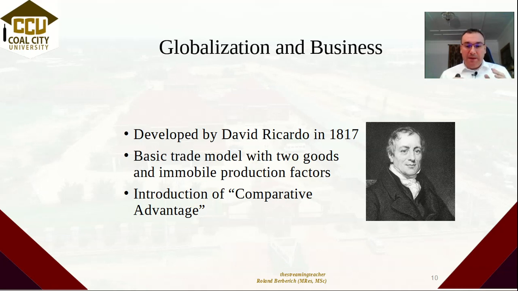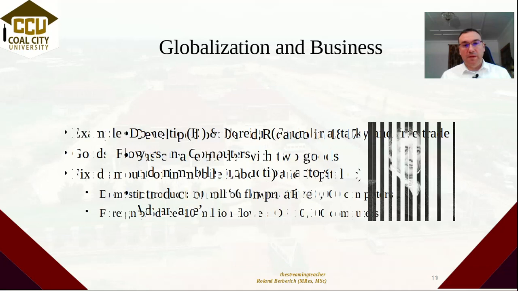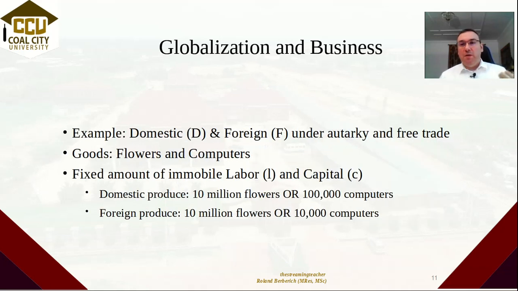And we say we cannot move the production factors from A to B. We can move them in our own country between industries, but not across countries. And this is where a phenomenon called comparative advantage was discovered. Imagine there are two countries, domestic, that is us, and foreign, our potential trade partner. We can have free trade, but for now we have chosen to produce everything that we consume ourselves.